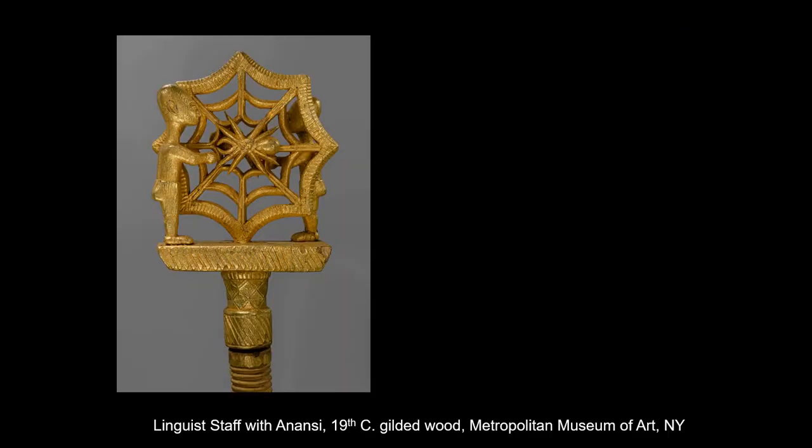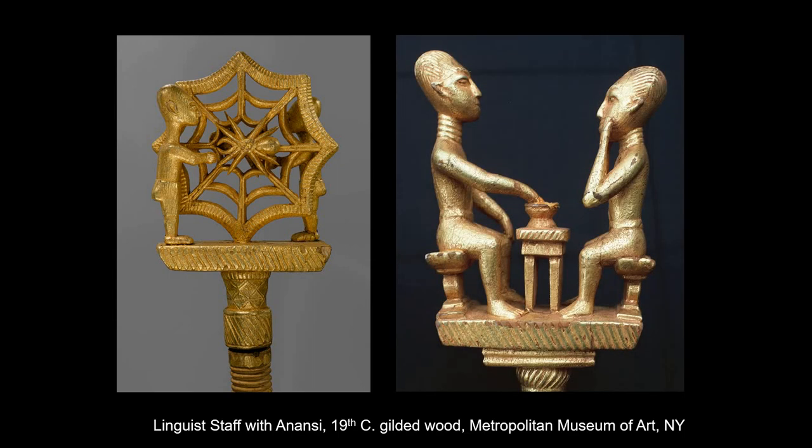And again, a lot of this we owe to the fact that they had this very strong oral tradition. So we have these staff speakers that have these staffs and maintain this oral tradition. These are a couple of decorated staffs. This one shows two figures sharing out of a bowl. This is probably sharing the kola nut. The kola nut is a very prominent feature in their culture.